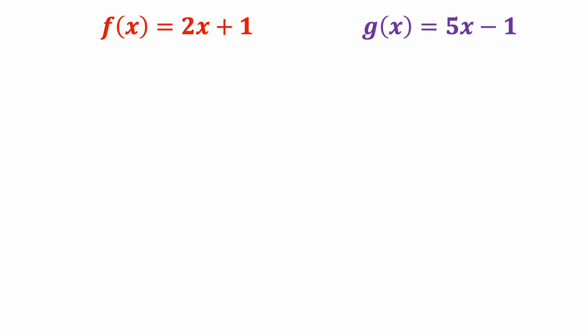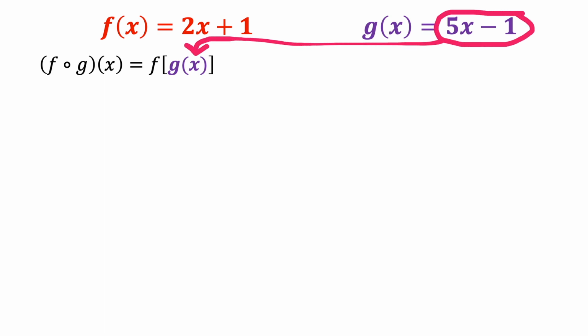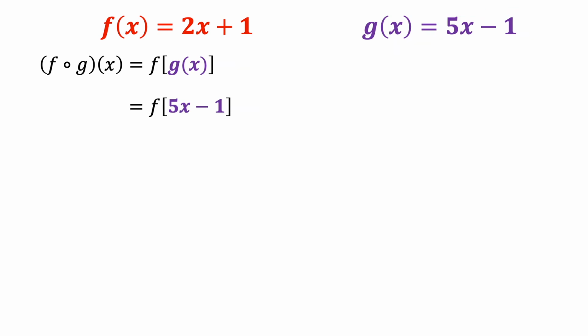Let's first solve for f circle g of x. This notation means that finding f circle g is finding the f of g of x. To do that, we need to input the equation of g of x in the equation of f of x, or we can simply say we will replace all x variables in the equation of f by the equation of